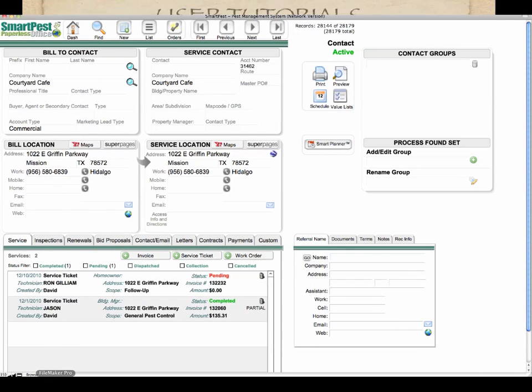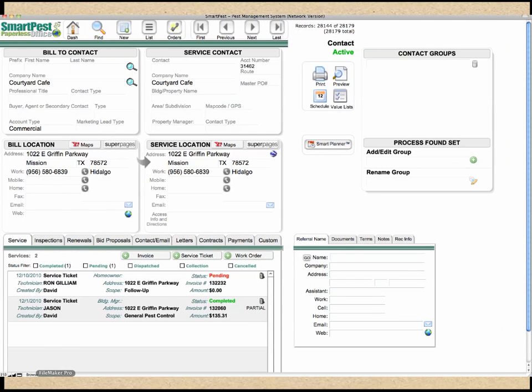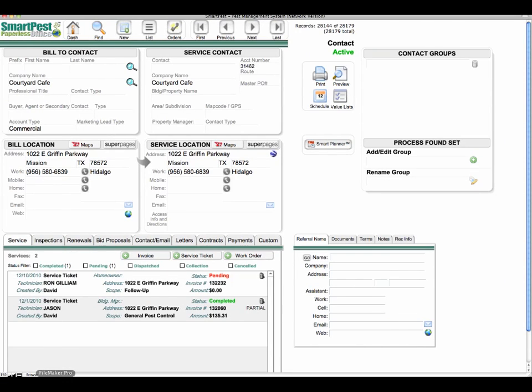In this tutorial, we're going to explore using the find function. The find function is the most powerful tool you can learn to use in SmartPest, and for that reason, we're going to go through a number of different ways that you can perform finds. The simplest find is to click on your magnifying glass here one time,